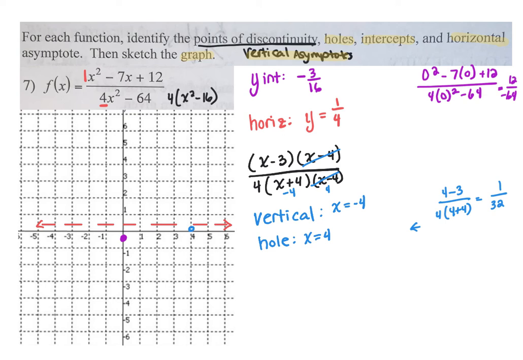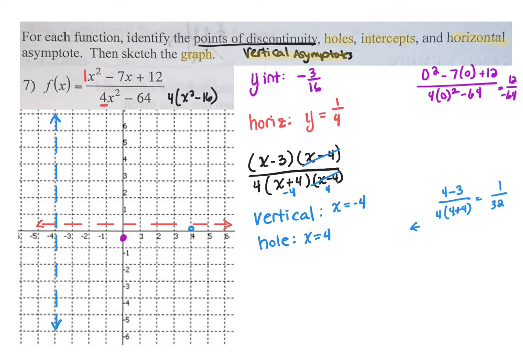And then for my vertical asymptote, I'm going to come over here to -4, and I'm going to draw a dashed line, x equals -4. That is my vertical asymptote. All right? The only other thing I am missing